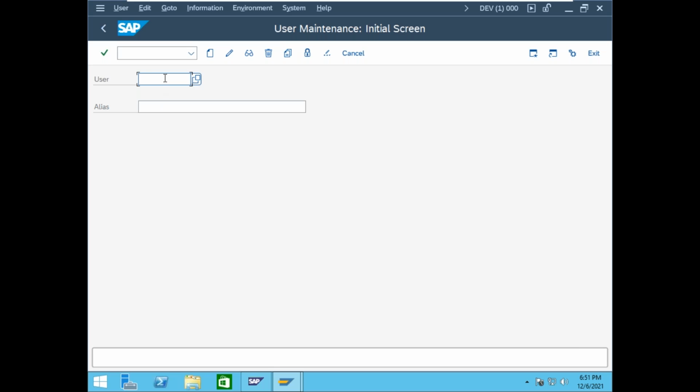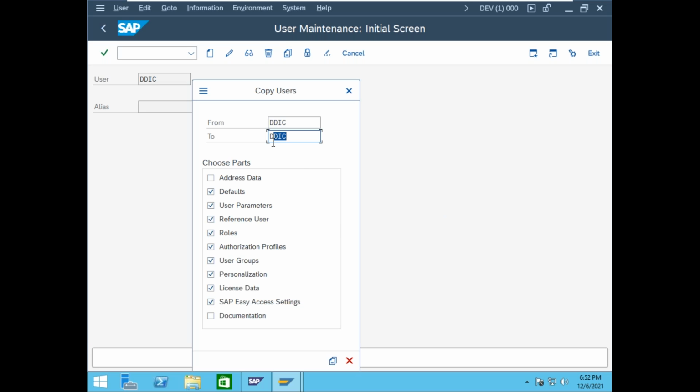Now I want to copy from DDIC. Click the copy button. From DDIC to which user? Admin_000. Admin_000 is the new user. Okay, got it. Admin_000 is the new user. Click copy.